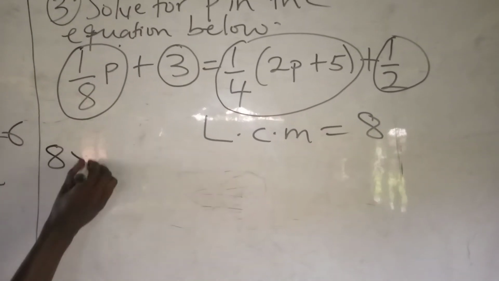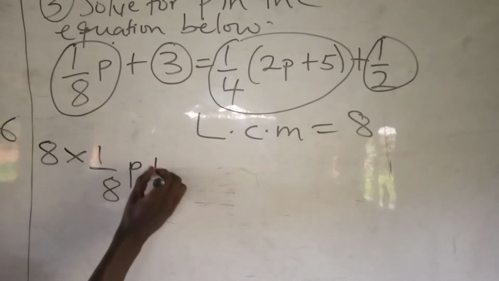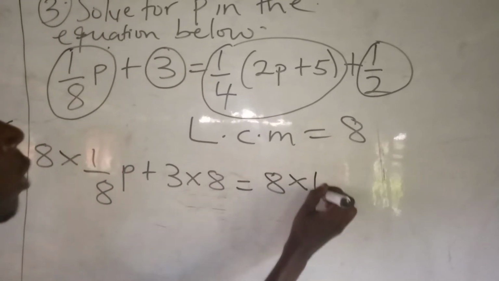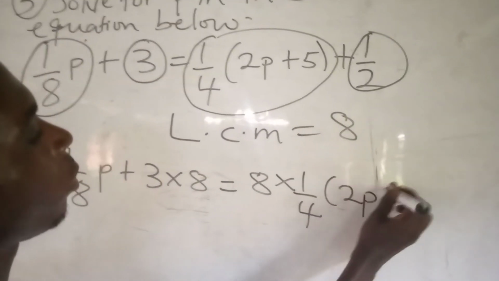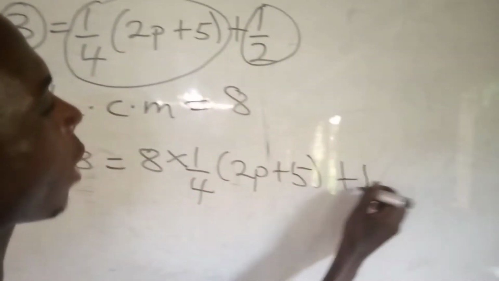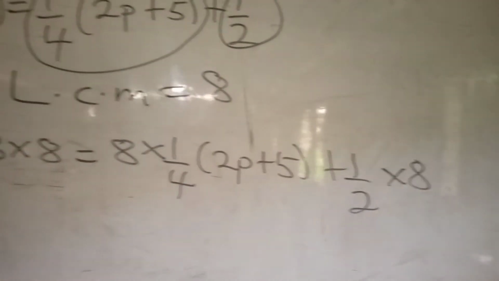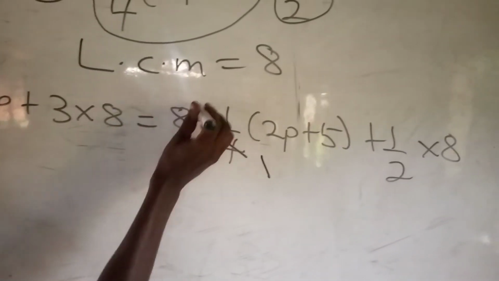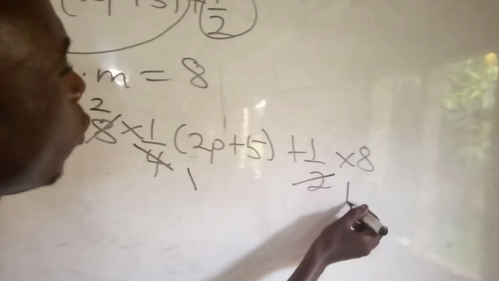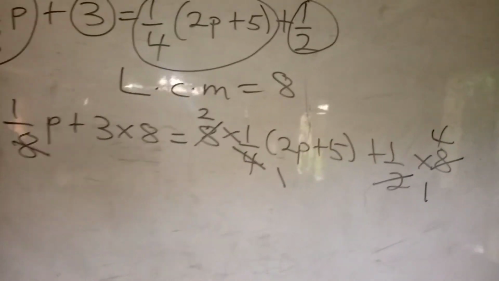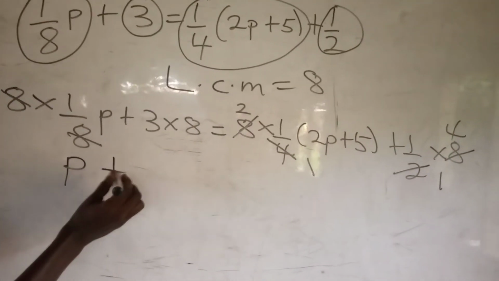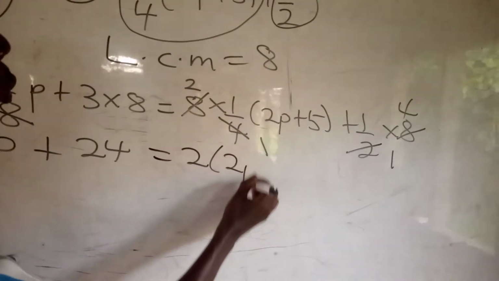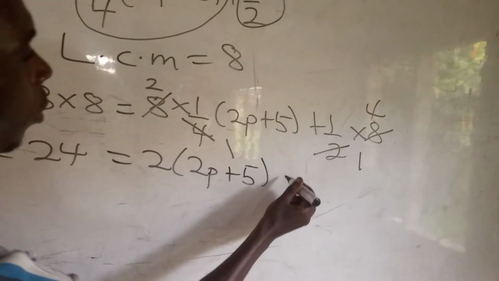So it becomes 8 times 1 over 8 (p plus 3) is equal to 8 times 1 over 4 (2p plus 5) plus half times 8. 8 will cancel 8. It's left with p. 4 goes here 1, 4 goes here 2, 2 goes here 1, 2 goes here 4. So 1 times p, we are having (p plus 3) times 8, equal to 2 (2p plus 5) plus